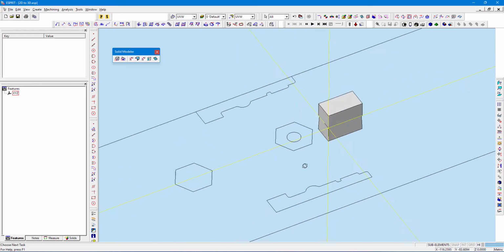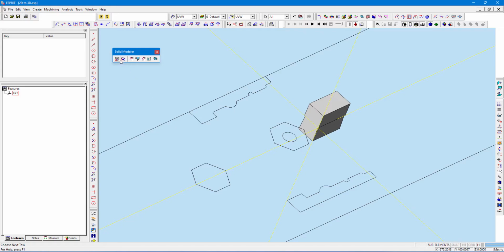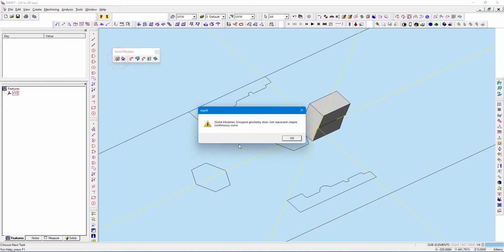And next is mid plane. I will show you the sketch. Sorry, if you select extrude without selecting the sketch, it will call for an error: grouped geometry does not represent simple or continuous curve.